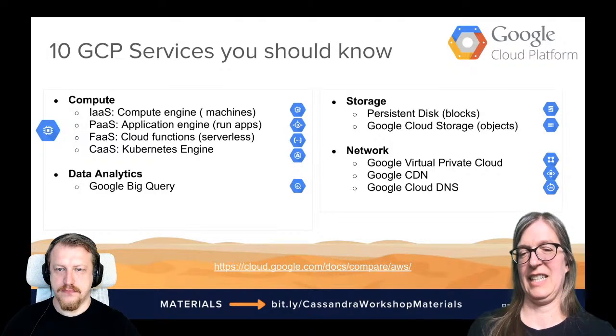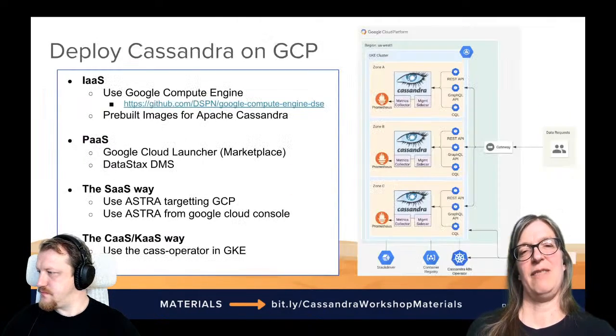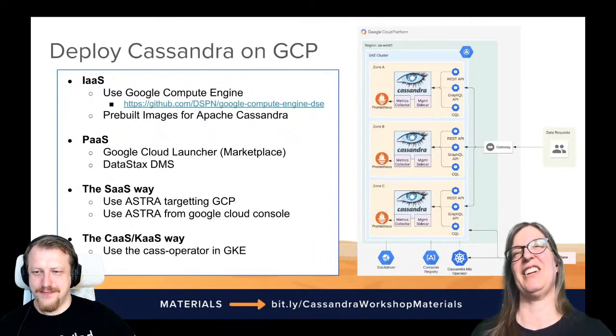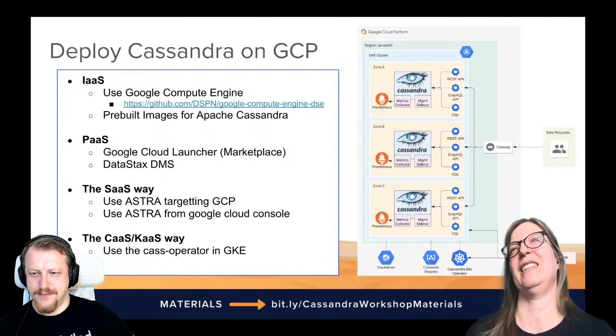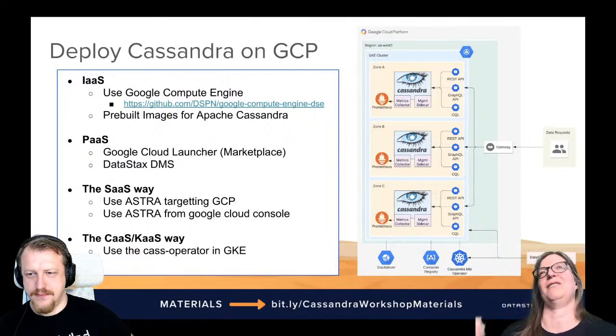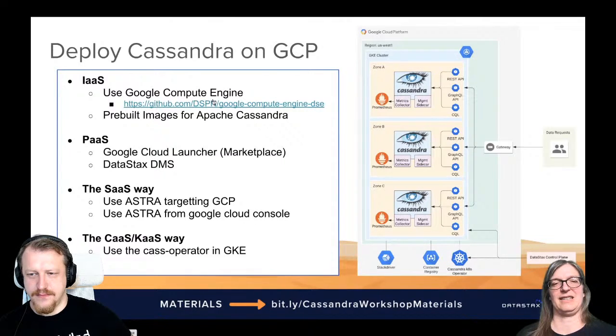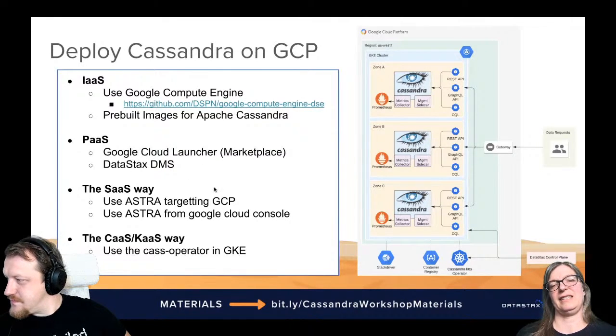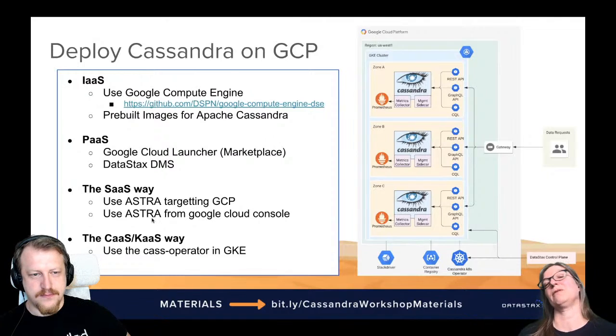Okay. And then similar as before, I think it's really by design, right? Those three cloud offerings really don't lock you in. You can deploy a Cassandra in similar ways on all those three. So you have the very basic access by getting the compute engines, then you have the marketplace launcher. You have the ability to use it as a managed service. You can use Astra targeting Google Cloud, and you can also directly connect to Astra from the Google Cloud console.